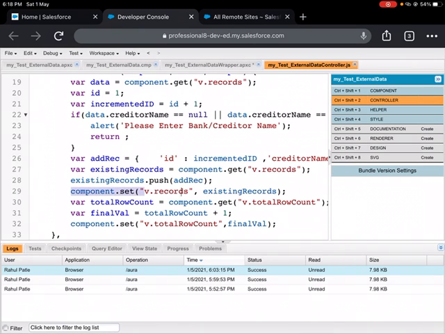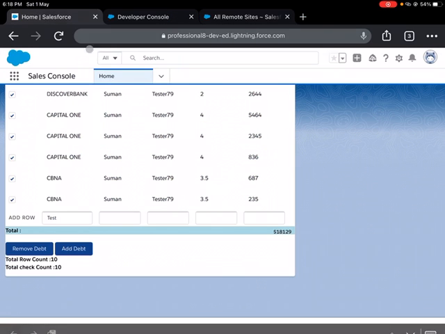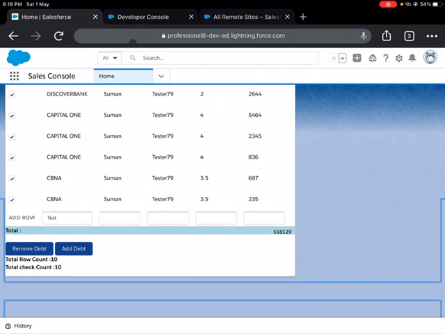And I'm resetting all these records again with the new record, because in existing records I'm adding this one more. So after this set, all these records get reset, and it will add into the data table.